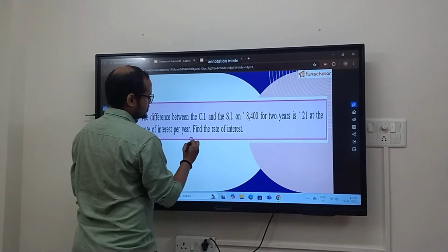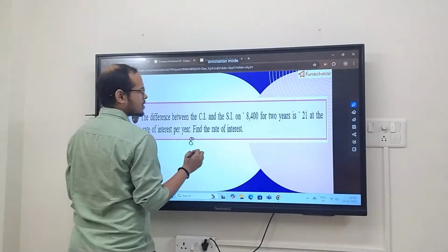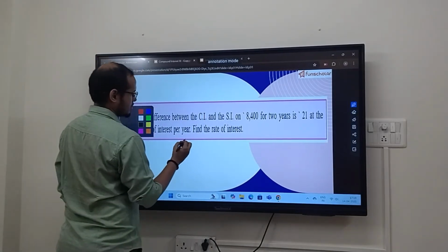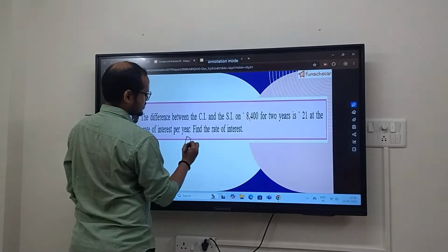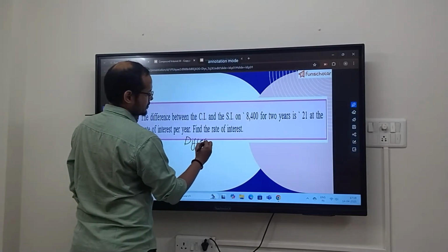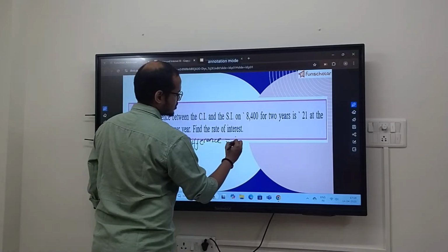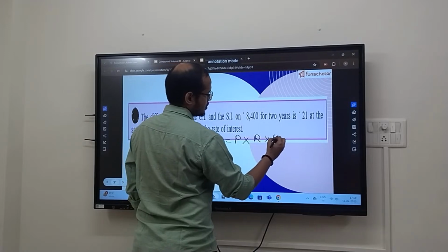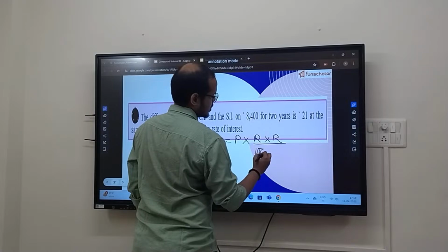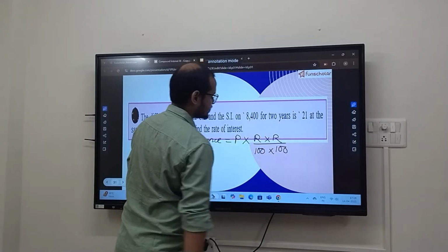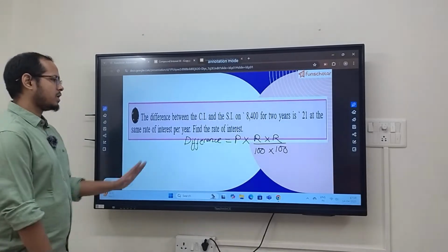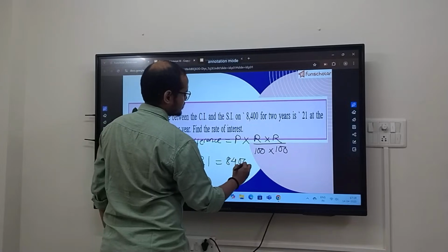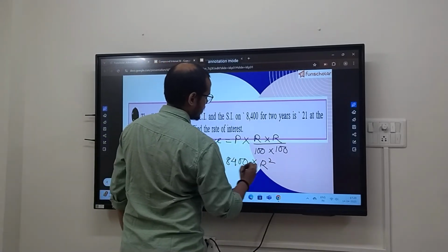Okay, we know that difference is equal to principal into rate by 100 into 100. This is the formula. Difference is 21. Principal is 8400. This is r square by,